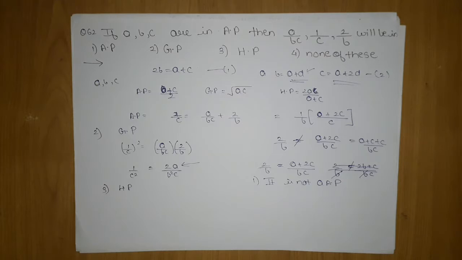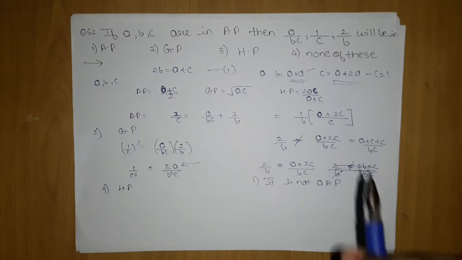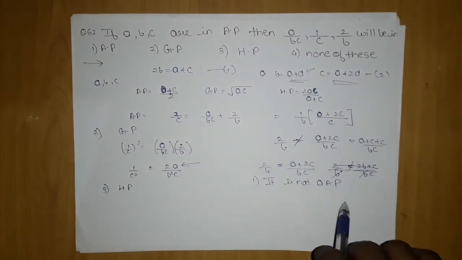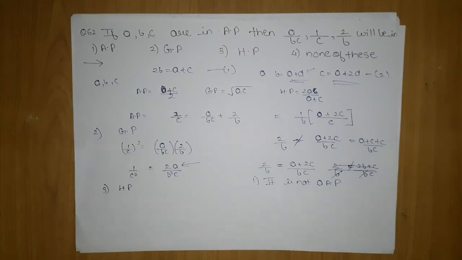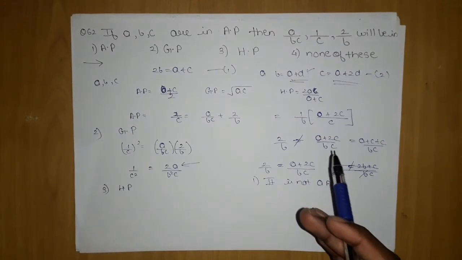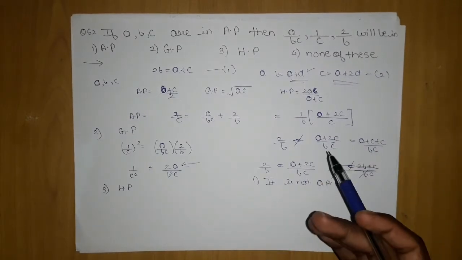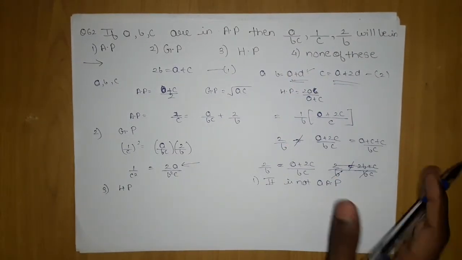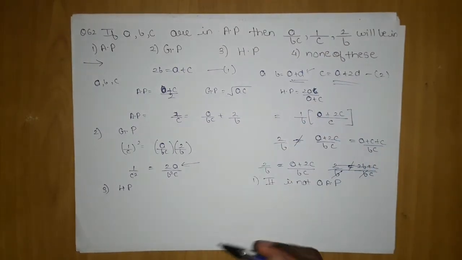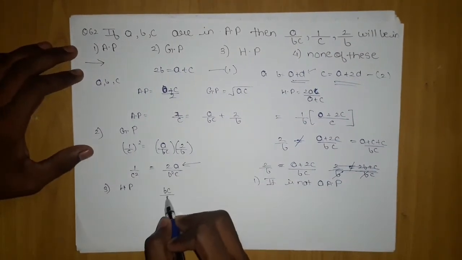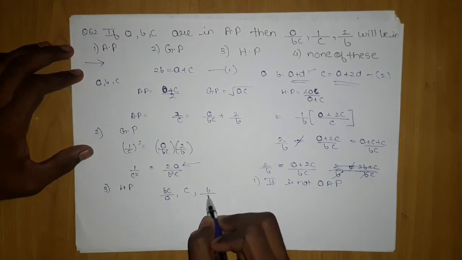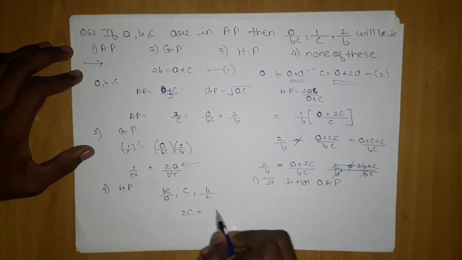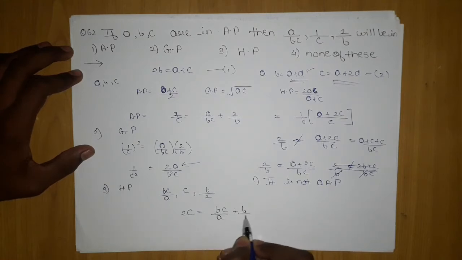In HP the condition is what? The terms. Now you will ask me that in HP they have not told anything about it. Do we have to convert these terms? Remember when we are proving, we are considering that it is in HP. They have not told that it is in AP or GP. We have considered it is in AP, but in AP we take the terms like that only. But in HP, if I say it is in HP, I have to invert them. So I will invert them, which will give me BC upon A, C and B upon 2. So here I have to prove 2C upon BC upon A plus B by 2.